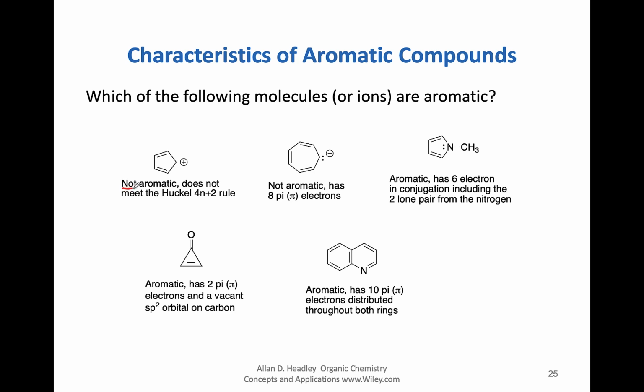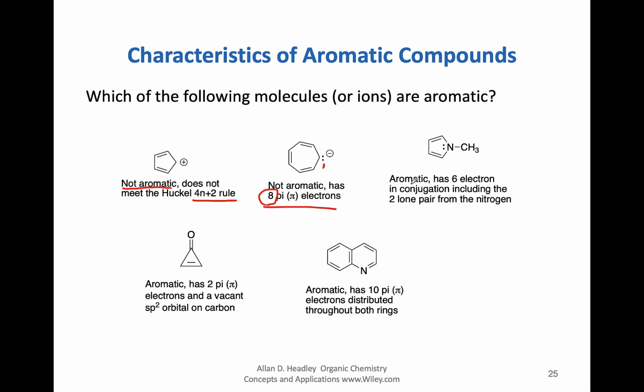This is not aromatic because it does not meet the Huckel rule, because it's 4 pi electrons. This is not aromatic because it has 8 electrons, 2, 4, 6, and 8 electrons that are in conjugation. So it's not aromatic because it fails Huckel's rule. This is aromatic, because these lone pair of electrons on nitrogen can participate in this conjugation here to make 6 pi electrons,